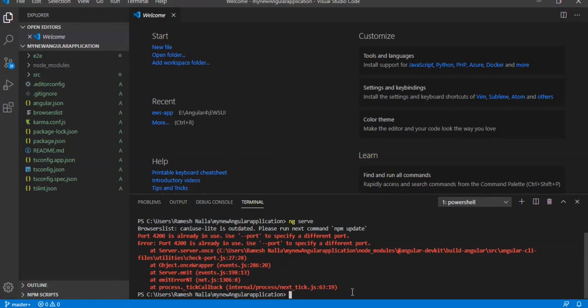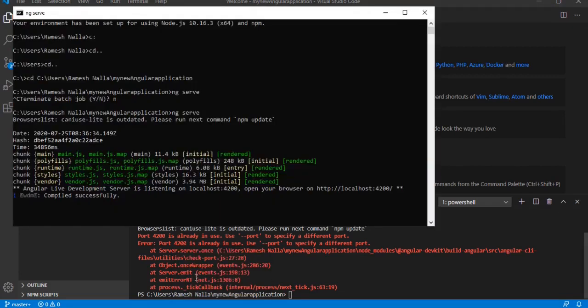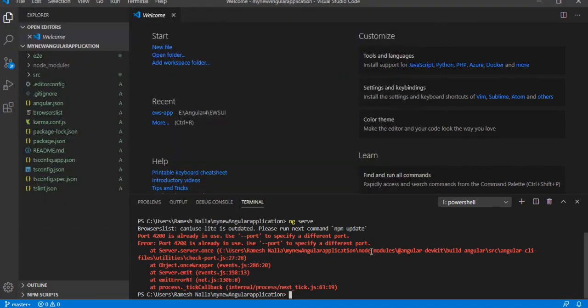Let's go and create the component. How do we create a component? I'm using Visual Studio Code. We can use the node command prompt, or else the Visual Studio Code terminal.